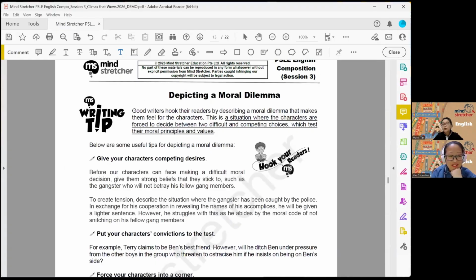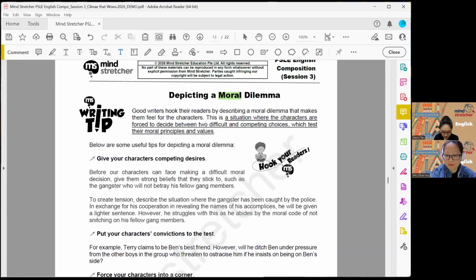Just now we spoke about moral dilemma when we were going through the story mountain and the topic. So the moral dilemma, I think many students know. I'm not going to belabor, but let's highlight some things that you need to know. Okay, so firstly, the word moral. So some students asked last week, what's a dilemma? What's a moral dilemma? Moral dilemma involves certain values that you have.